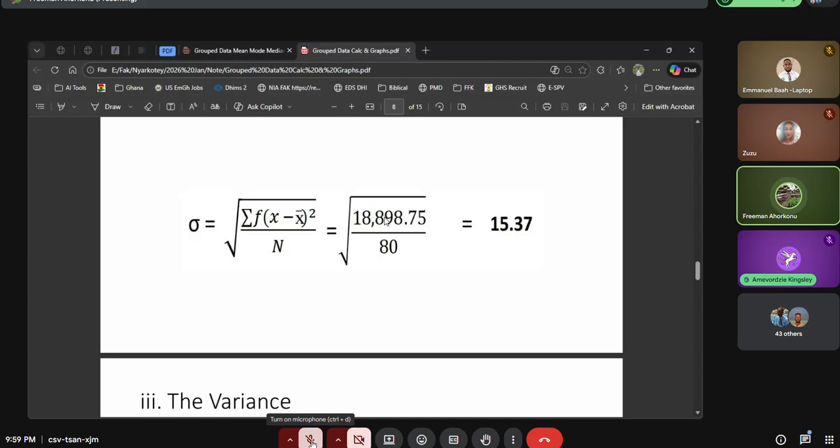So go and find what it means to say a variance of a set of data and a standard deviation of a set of data. Let's use that to start